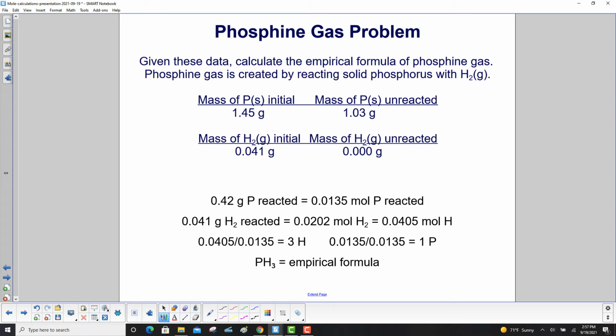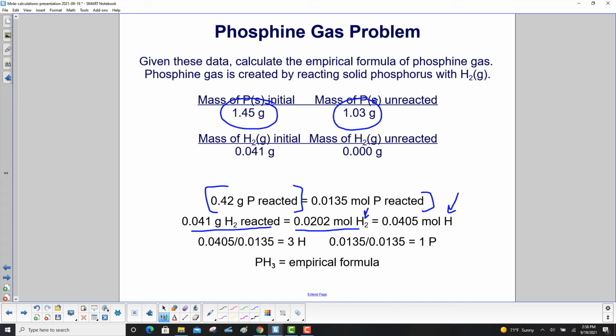First thing is find out how much of the phosphorus was reacted. Well, you start with 1.45, and unreacted is 1.03, so you just subtract those, and you get 0.42 grams of phosphorus reacted, which equals 0.0135 moles of phosphorus. Then all of the hydrogen was reacted. That's 0.0202 moles of hydrogen gas, H2, but the particular atom is half that. So that's